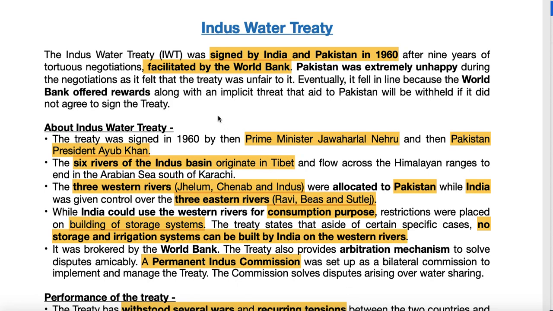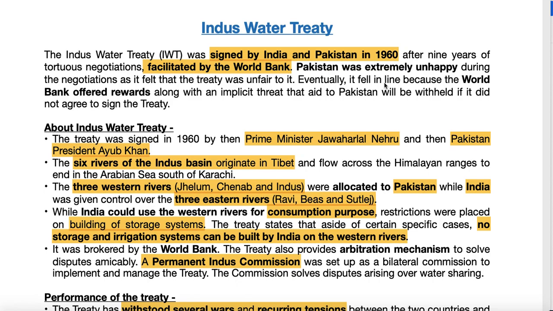Hello friends, today we are going to discuss the Indus Water Treaty, because it has completed 60 years since its inception. As you know, the Indus Water Treaty was signed in the year 1960. Today, as it completes its 60th year of continuance, we're going to discuss the performance of this treaty